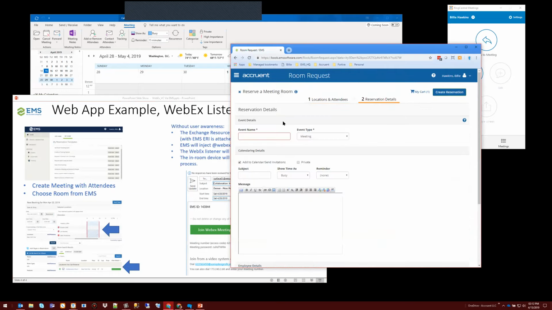The next step, of course, is to provide some details that would be done normally in Outlook as the subject and the body of the message. So I'll go ahead and call this test meeting number 2. It'll be a meeting with my team, etc. If I want to mark it private, if I want a reminder, busy or tentative,